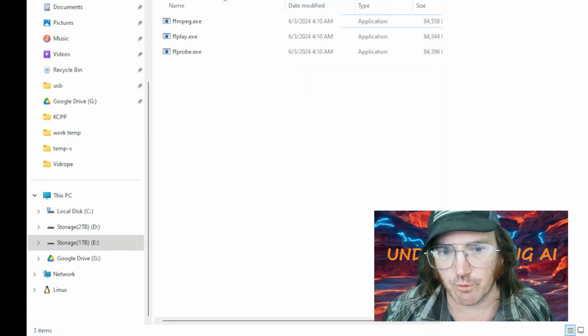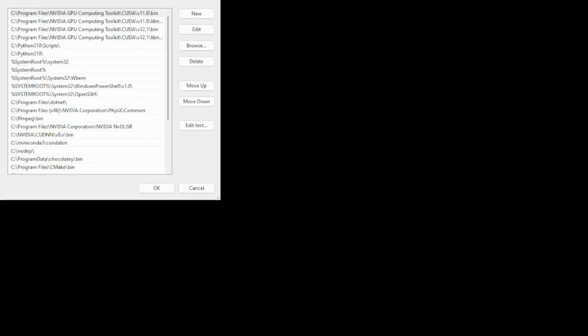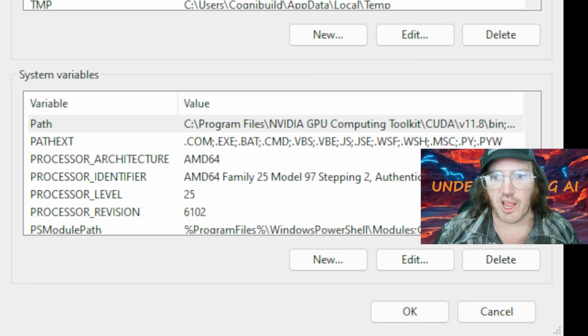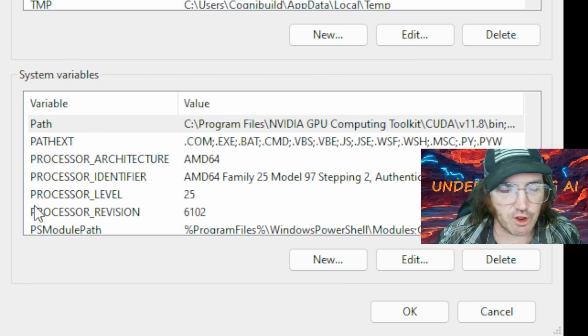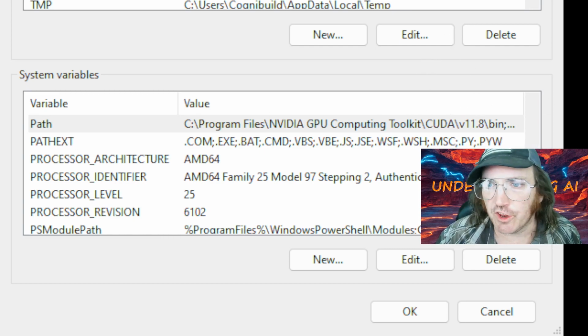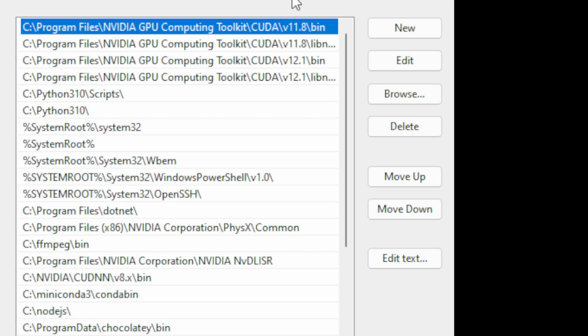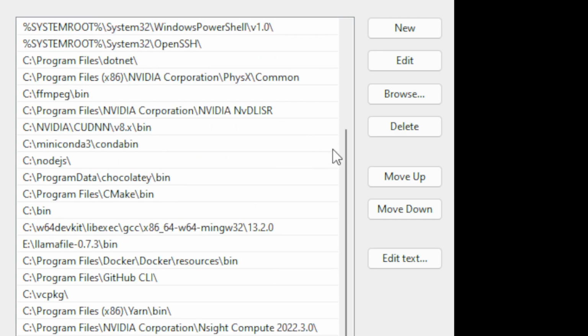It's actually going to bring up this page. And what we do with this is we go down to where it says Path. Then you go ahead and click the Edit button, which will bring up this page. Now these are all variables that you're going to be able to use from anywhere in your